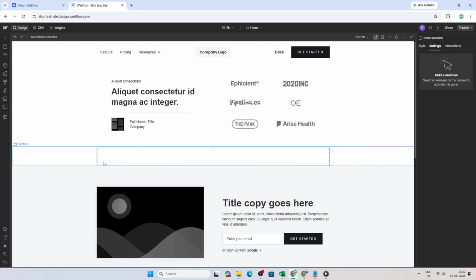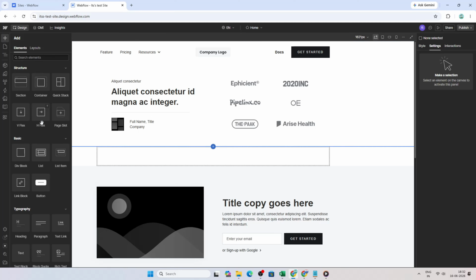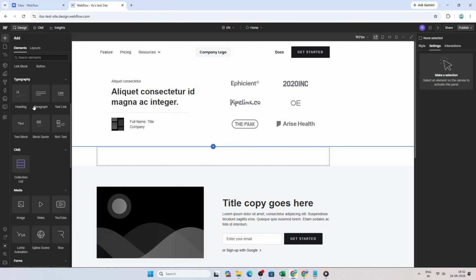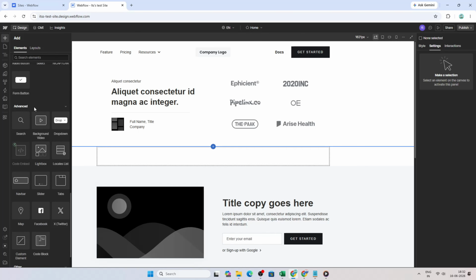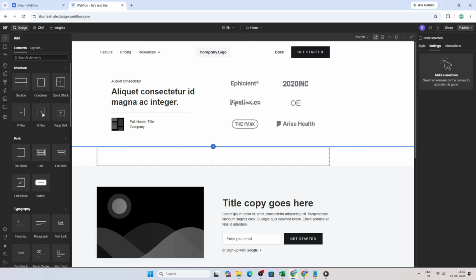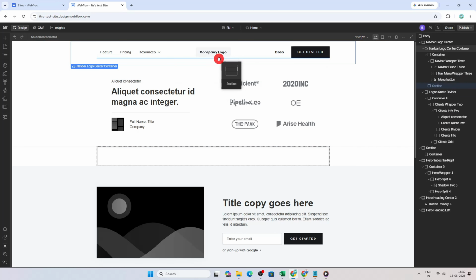Once your project is open, go to the Add panel. You can do that by pressing A on your keyboard or by clicking the plus icon on the left side of the Webflow designer. From there, drag a section element onto your canvas. This section will act as the container for your background video, so placing it first helps keep everything organized and